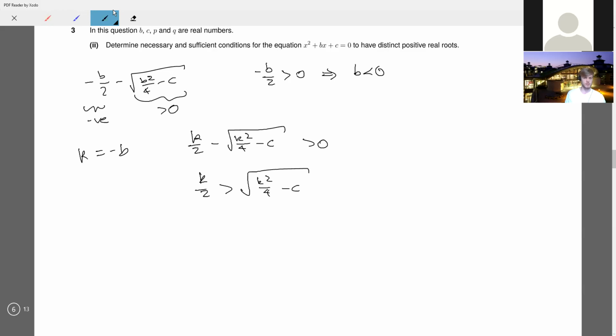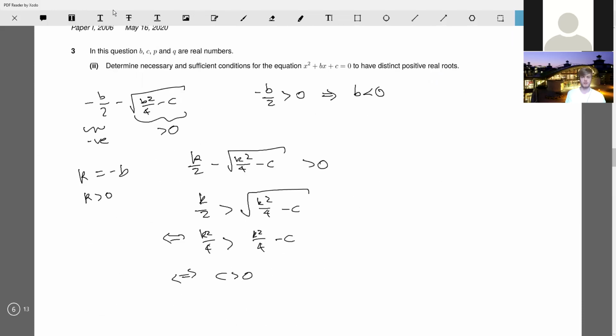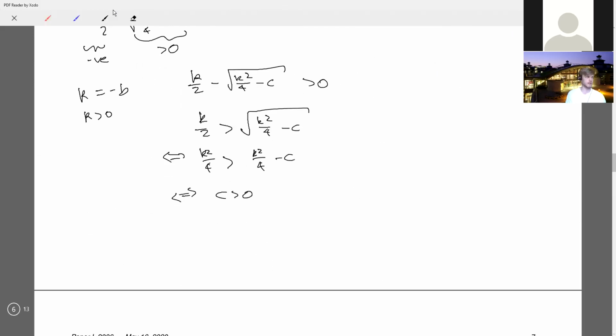This side is definitely positive because k is greater than 0, because minus b is greater than 0. This side's positive, so it's a square root. So we can square that without really worrying about whether this is true in two directions. So you get that c is greater than 0, which is actually the thing that we saw straight away from the graph. So to summarize, we've found three conditions. C greater than 0, we needed b less than 0, and we actually need, I'm going to write this